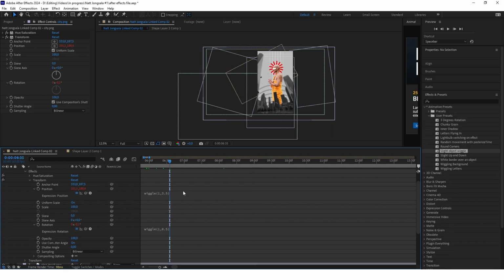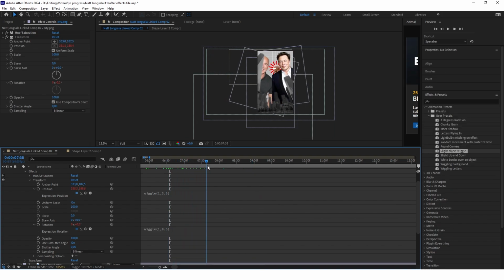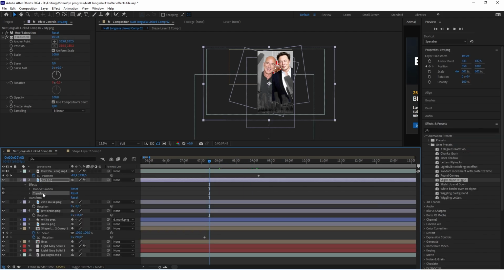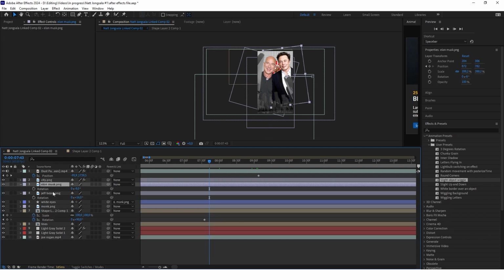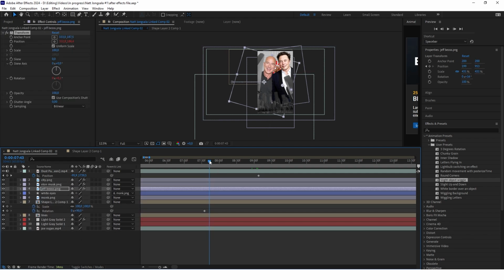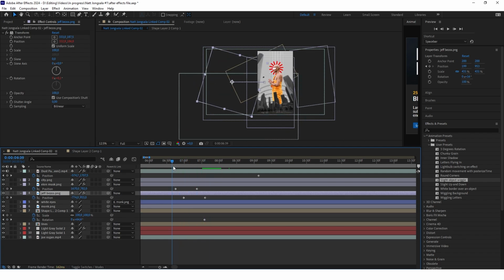Let's see how it looks right now. Yeah, right now it's much better. And so now copy this transform effect and paste it onto Elon Musk and Jeff Bezos in my case. And let's see how it looks right now. Okay, yeah, it's good. And so now what I will do is, in the moment where the character animation starts, so when they start appearing on the screen, I will start also decreasing the size of the monk, and I will also put this city picture a little down. So it's nothing complicated, you can do it yourself, so I will be back when I do that.